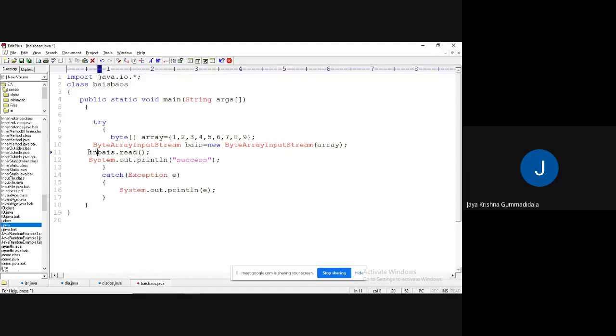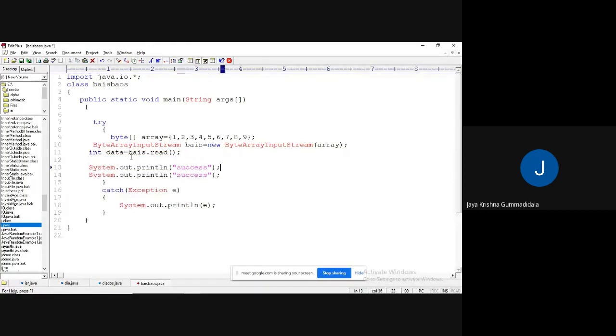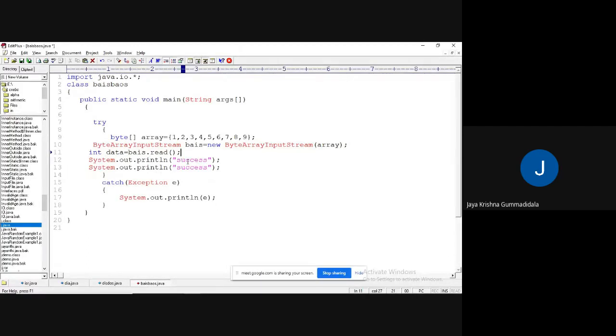I will write int data equal to that, and print data.